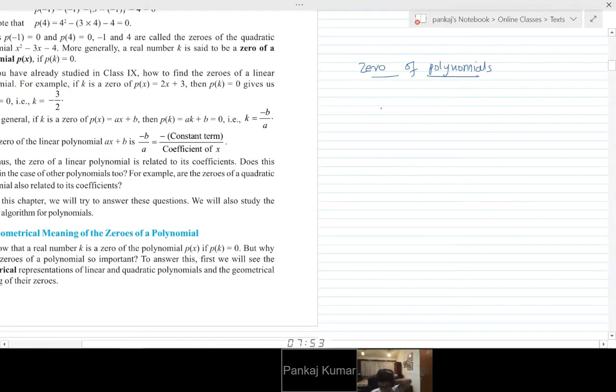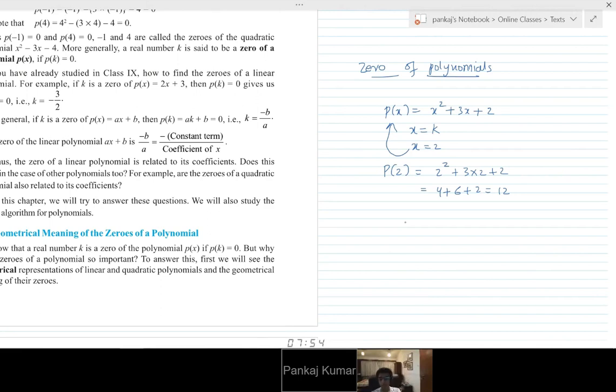So what does that mean? Suppose we had x square plus 3x plus 2, and now x is equal to another k. Take, for example, 2. What is the value of this polynomial at x equals 2? Just replace x by 2. Four, 6, so 12. Is it fine? Okay.